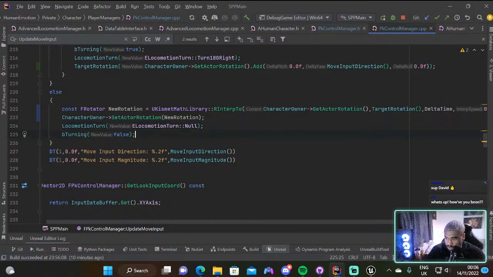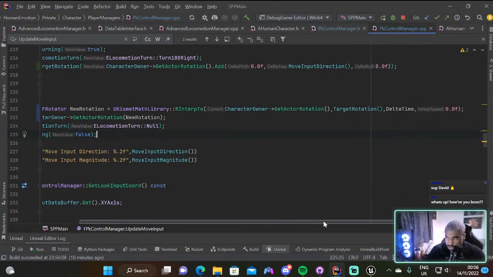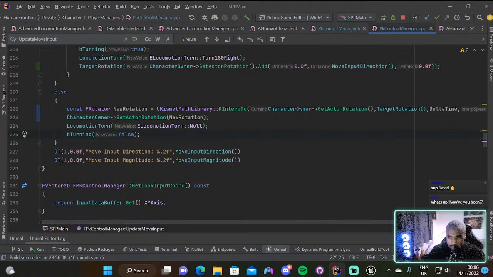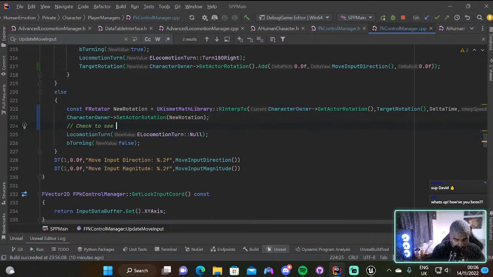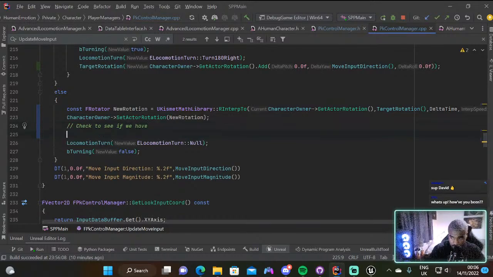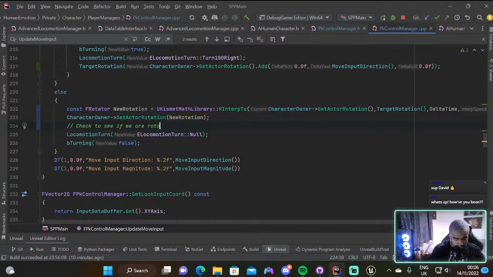Now, because we have an interp time of 0, this is the key. Because then we actually have to go in and check to see if we have rotated correctly. So now we need to check to see if we are rotated correctly, and then if so, we set these values to false. We then reset the values. For now,